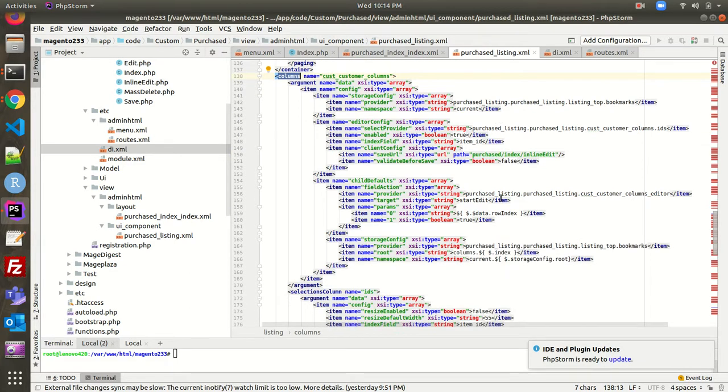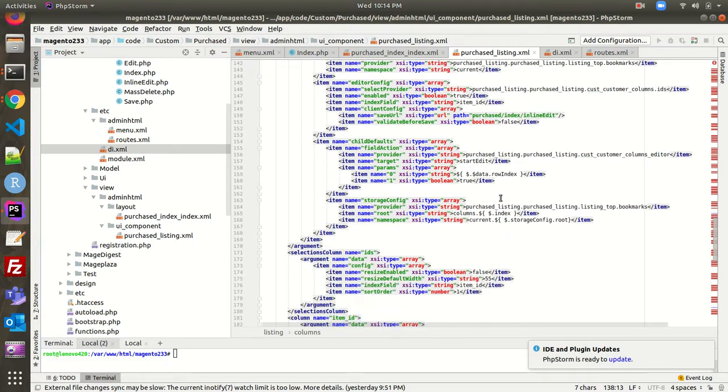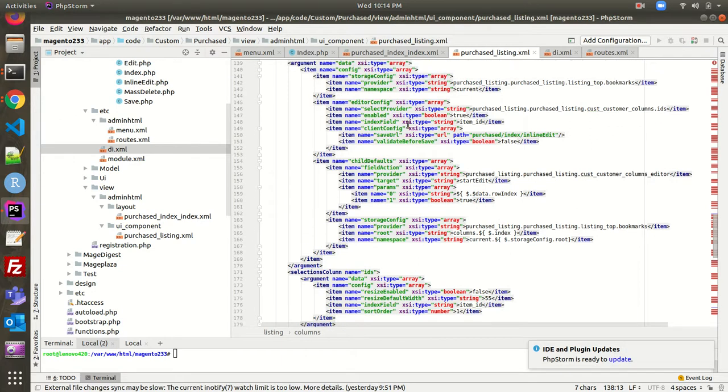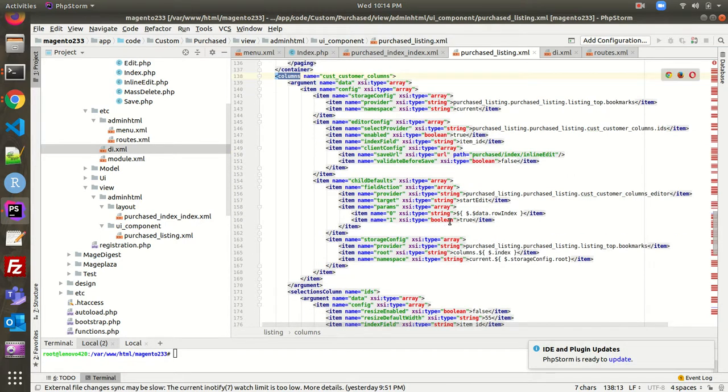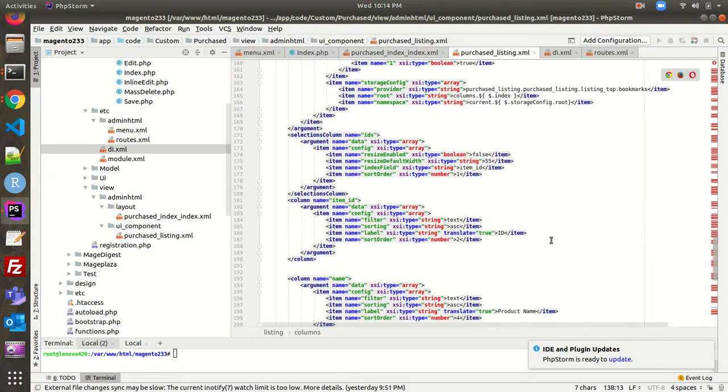So what we have over here is basically the same as what you will get anywhere, like in Magento's documentation. My main purpose over here is to explain the flow, how you are going to create that. All these codes you'll get from the internet, and there are lots of sources from where you can get the code. But the most important thing is to understand the data flow and how you are going to create it. The flow is very important.